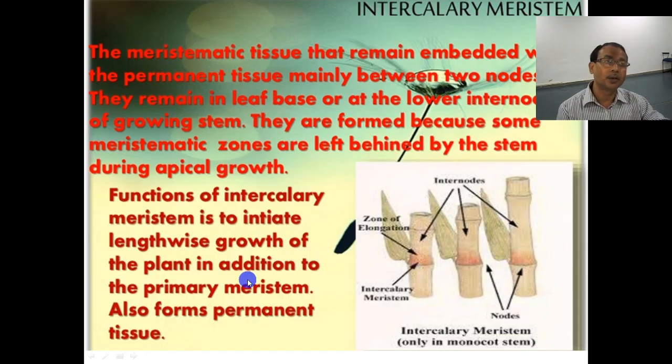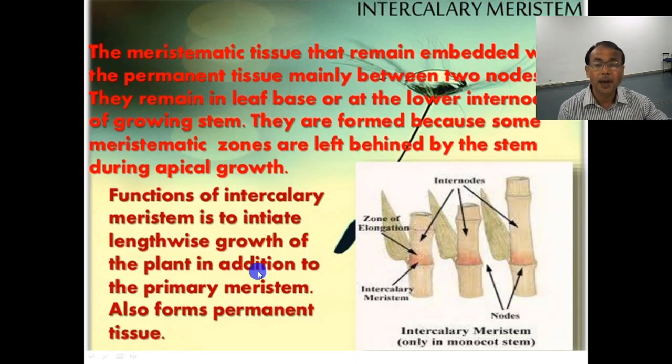Now, lengthwise growth of the plant, first of all, we have seen in the case of apical meristem. So here also, because of intercalary meristem, it initiates lengthwise growth of the plant in addition to the primary meristem. Primary meristem means we are talking about apical meristem, right? So apical meristem was towards the tip. So in addition to the apical meristem or the primary meristem, this intercalary meristem also will contribute to the lengthwise